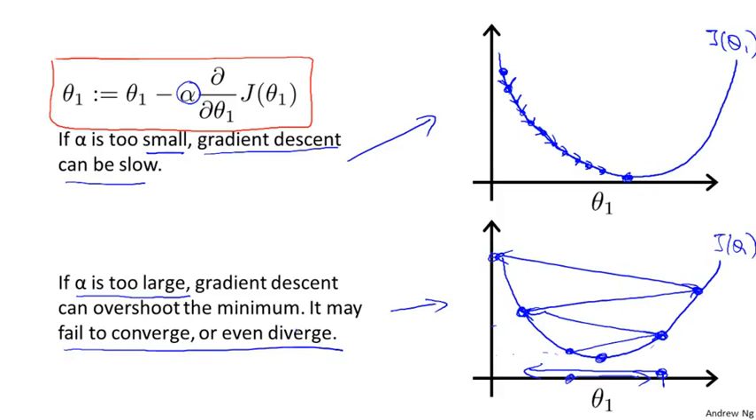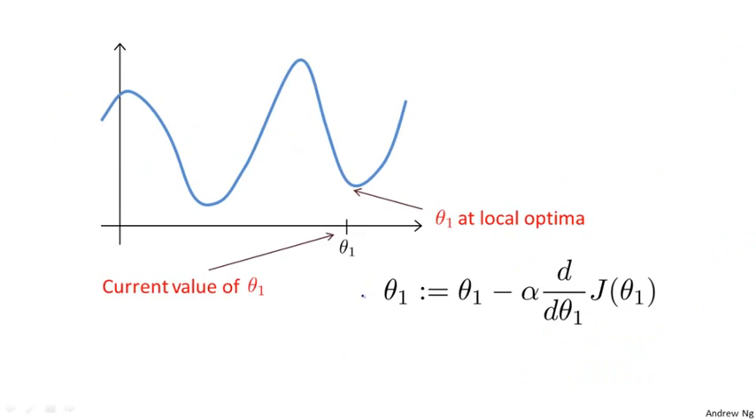Now, I have another question for you. So this is a tricky one, and when I was first learning this stuff, it actually took me a long time to figure this out. What if your parameter theta 1 is already at the local minimum? What do you think one step of gradient descent will do? So let's suppose you initialize theta 1 at the local minimum. So suppose this is your initial value of theta 1 over here, and is already at a local optimum, or